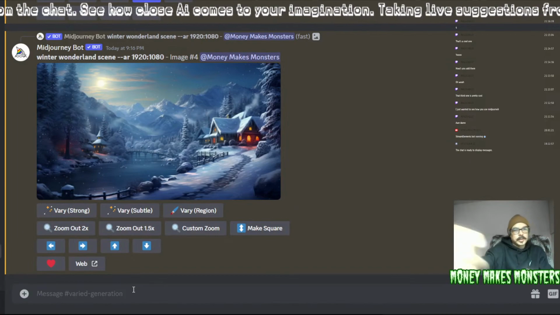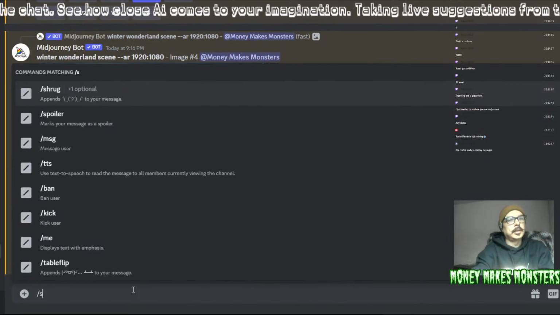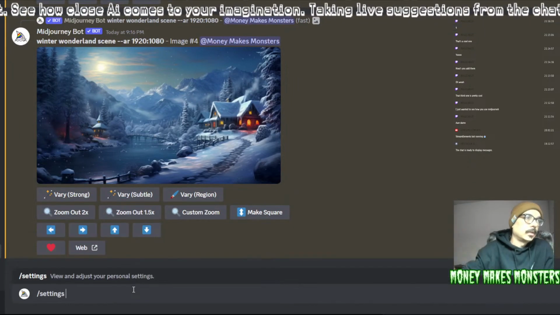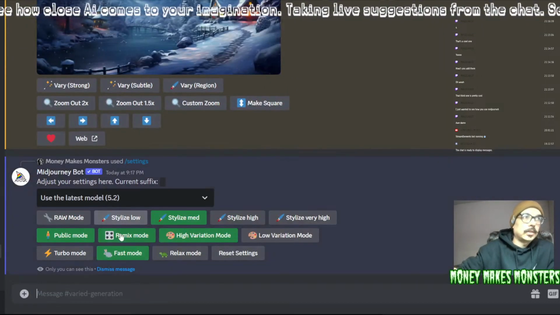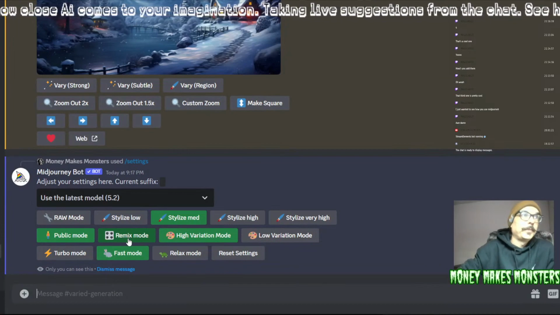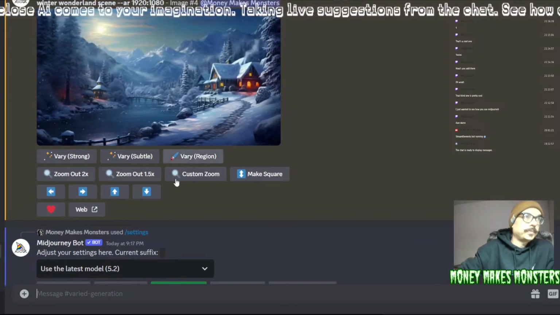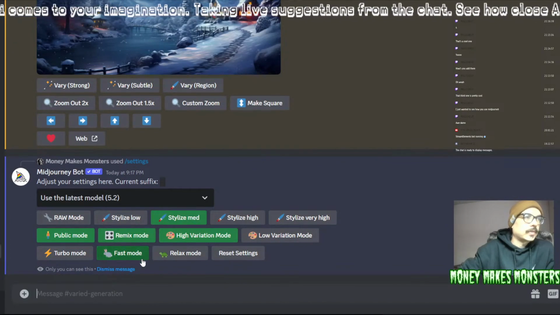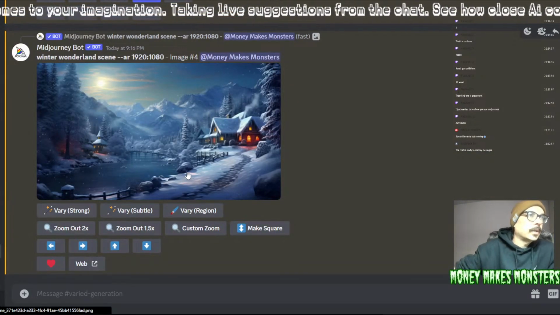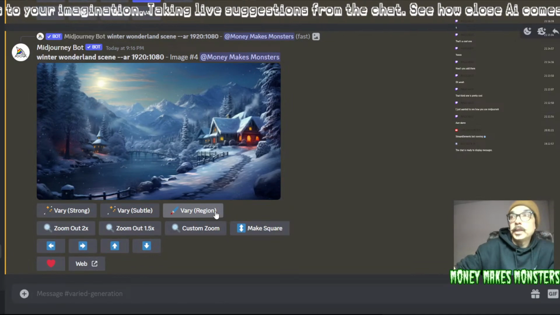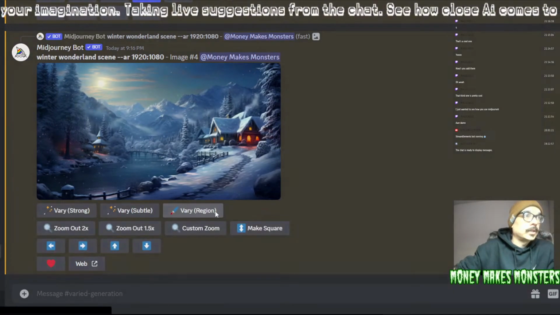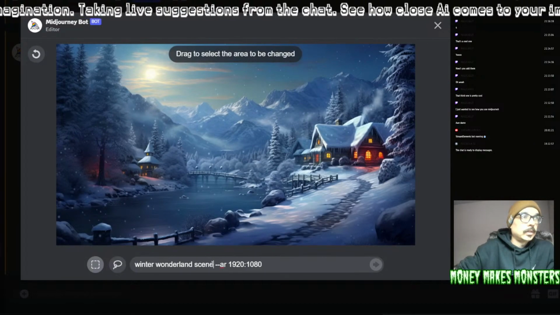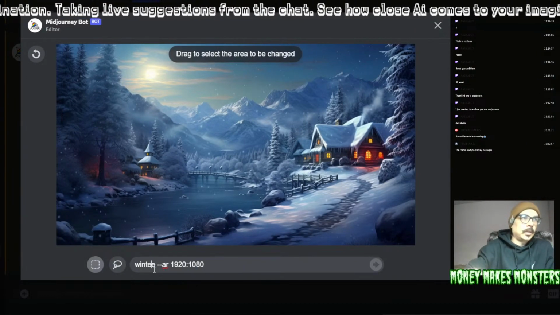Now, in order to do this, you need to make sure you run into your settings, which is /settings, and what you need to turn on is the remix mode in order to get this to work. So remix mode is on, everything else is fine, but we're just going to hit our vary region. Now we take our winter snow scene. I'm going to leave the end part on there because